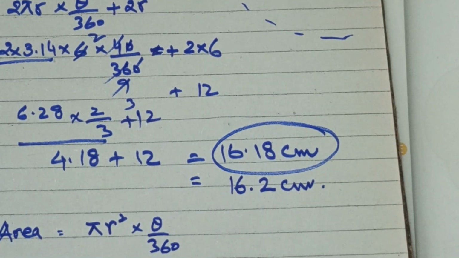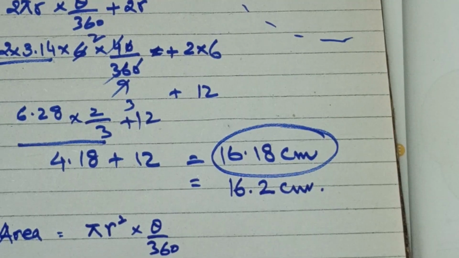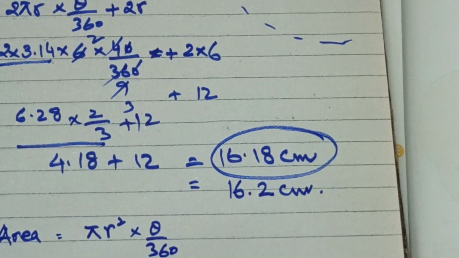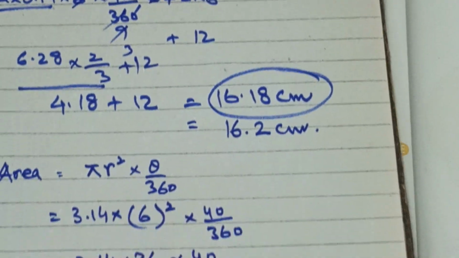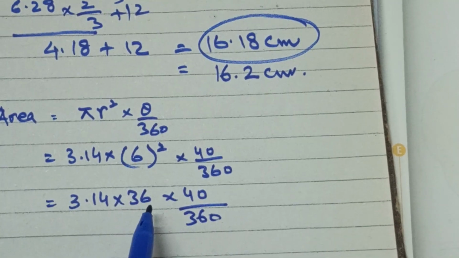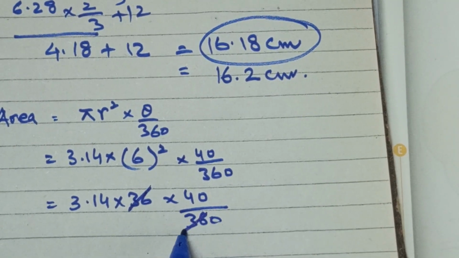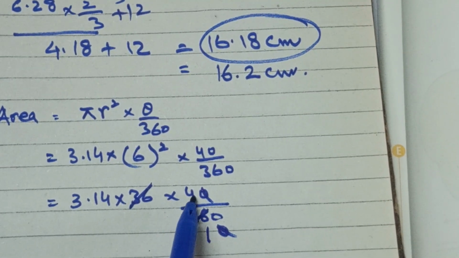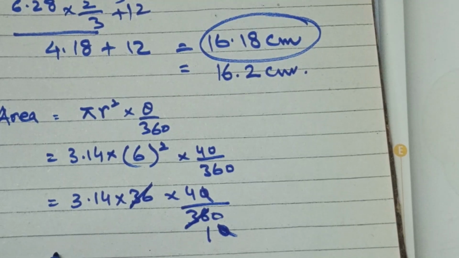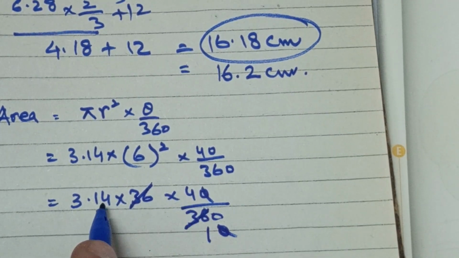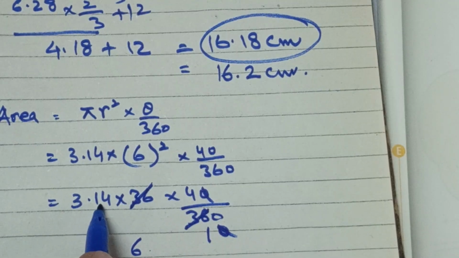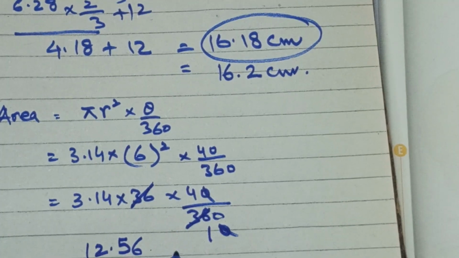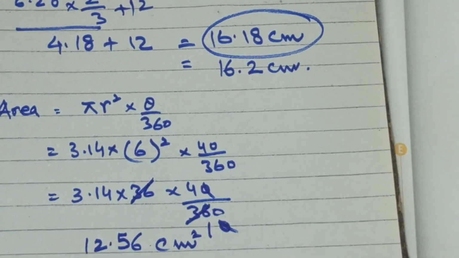So it is very simple. Now it has become 3.14 multiplied by 36 multiplied by 40 divided by 360. You see, again we have come up with the multiplication signs. So 36 will cancel with 360, 0 will cancel with 0. So what we are left with is 4 over here and 3.14 over here. So 4 times 3.14 is 12.56 centimeter square, because this is the area, and